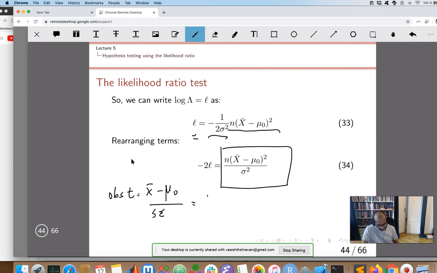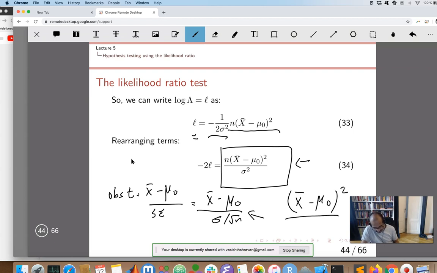The standard error is the standard deviation sigma divided by the square root of n, right? So really what you're seeing here is a square of this term. What you're seeing is x bar minus mu 0 squared divided by sigma squared and then multiplied with n,